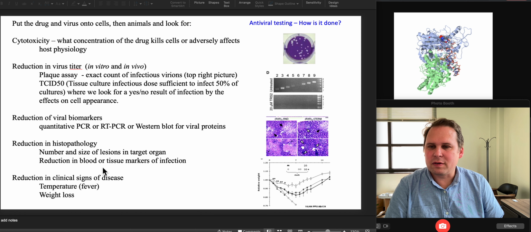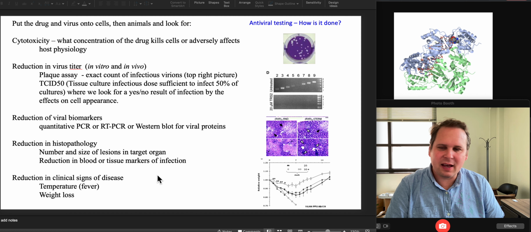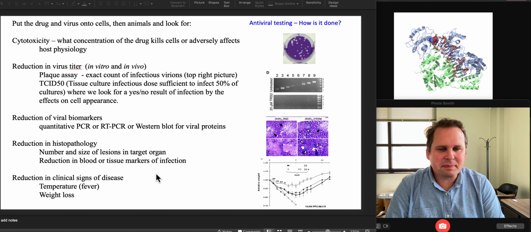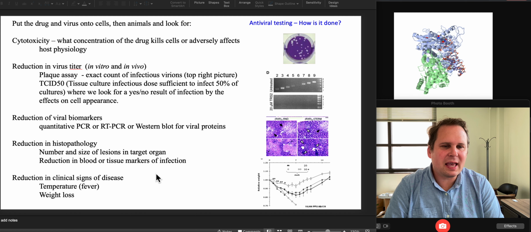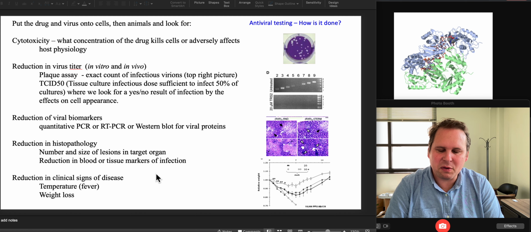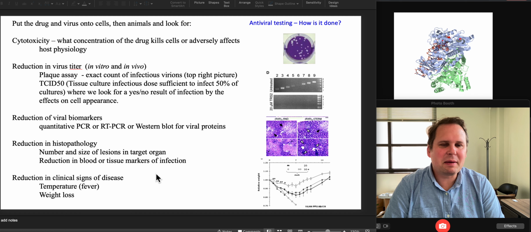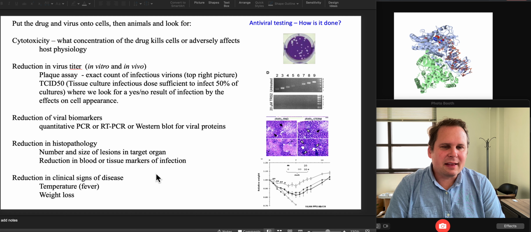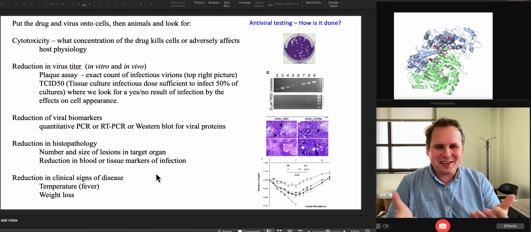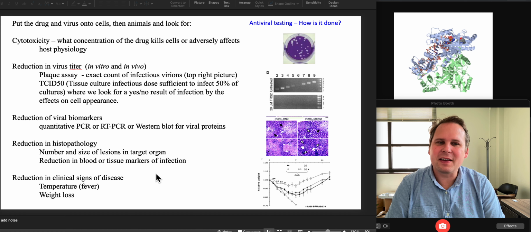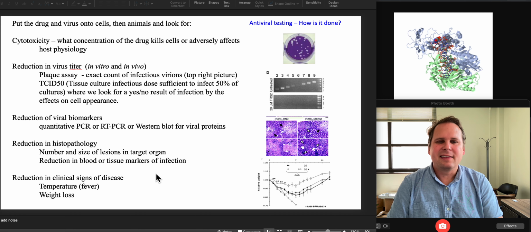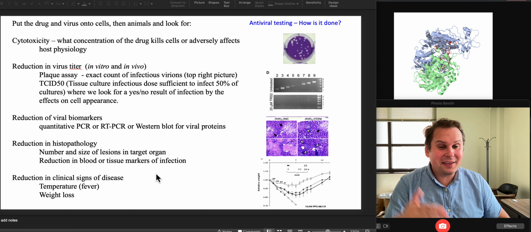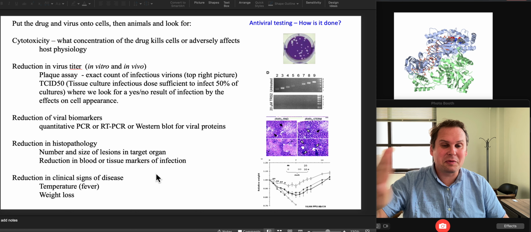You can also look for markers in the blood of infection. For example, there would be markers that would show damage in the liver or damage to the heart or an inflammatory response, and these would come up on a blood screen. And just like there are these blood screens that they can use on people when they go to the hospital, there are mouse versions of this that you can use to get a pretty good idea. Now, a mouse isn't a person, and that's why these things would be considered preclinical.